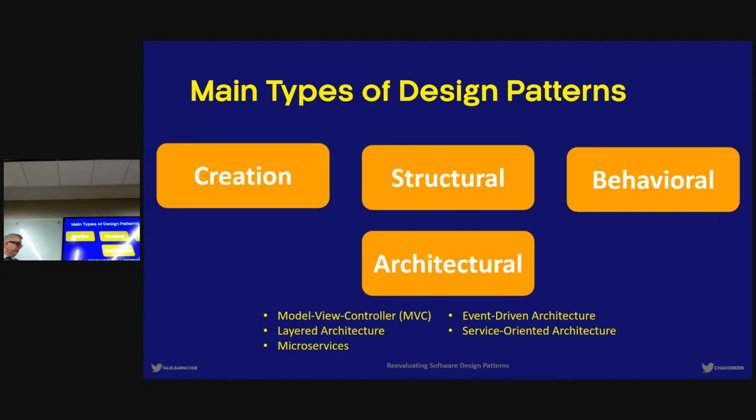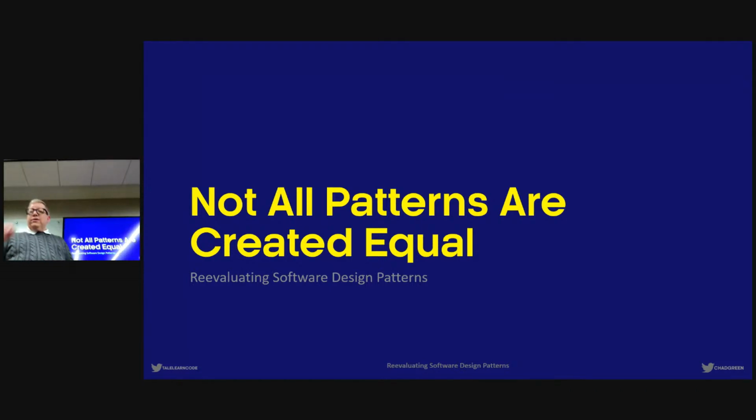Your event-driven architecture, your microservices, and so forth, right? And there are others, different types of design patterns, but the big thing is they're not all created equal. They all serve different purposes. Some are really small and meant to serve smaller purposes,